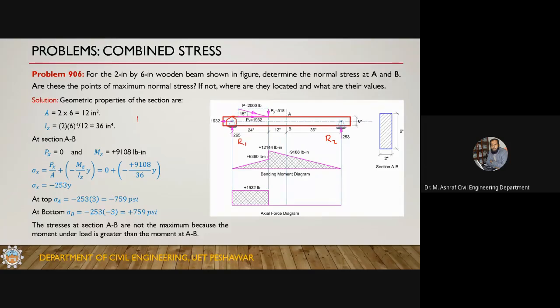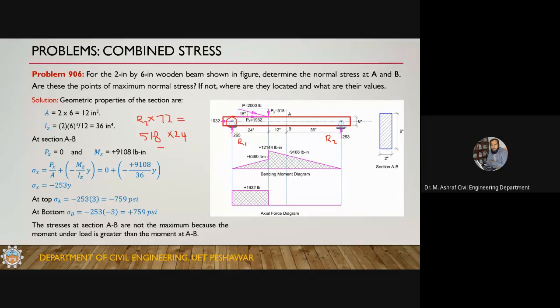So R2 multiplied by 36 plus 12 plus 24, so this is 72, is equal to, this is a counterclockwise moment, so it must be balanced by the clockwise moment. So 518 into how much? 24. 518 times the 24, the moment arm is 24,